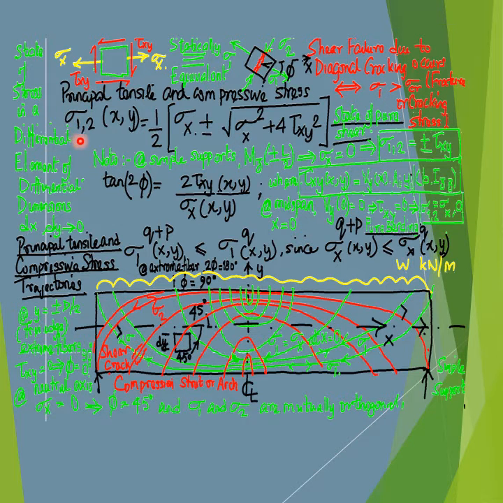One can compute the numerical values of the principal tensile and compressive stresses denoted as sigma 1 and 2 at general location or coordinates x and y, including the representative locations just discussed,